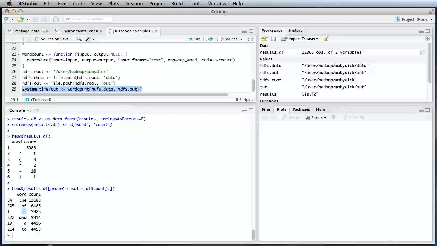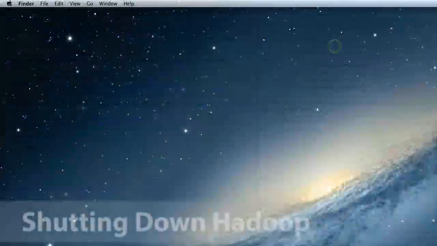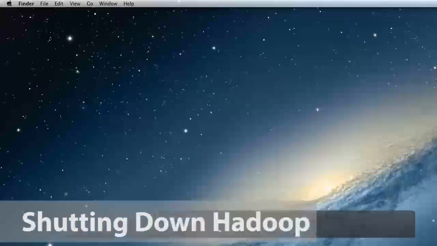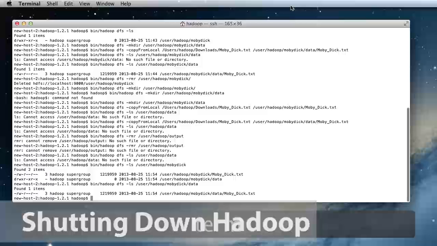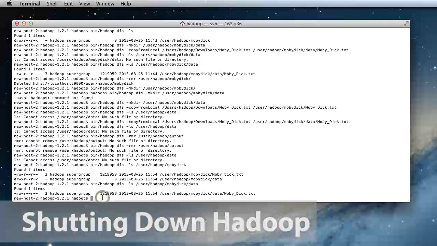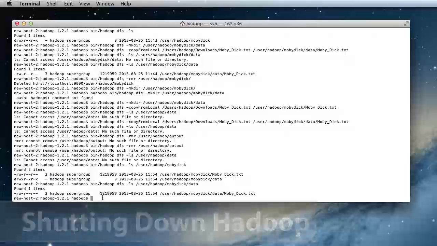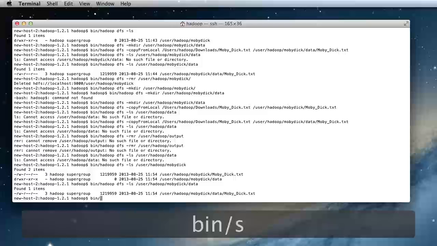And that's it. That's a complete end-to-end implementation of RHadoop from scratch, and then parsing out the word counts in Moby Dick. The last thing we're going to have to do is shut this down, and we're going to do that next. To shut down our environment, all we need to do is terminate R, go back into the terminal mode here, and then in the bin directory we just need to execute the command stop-all